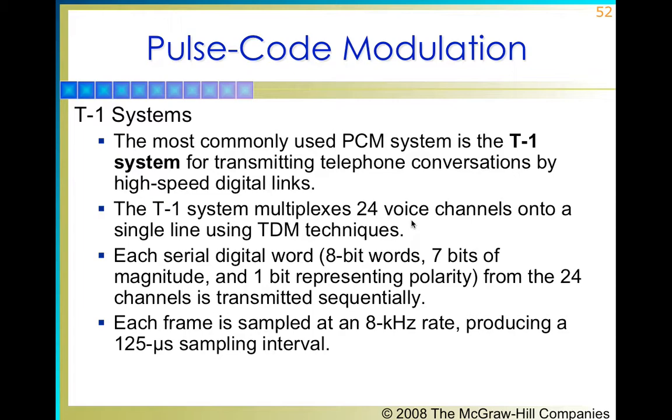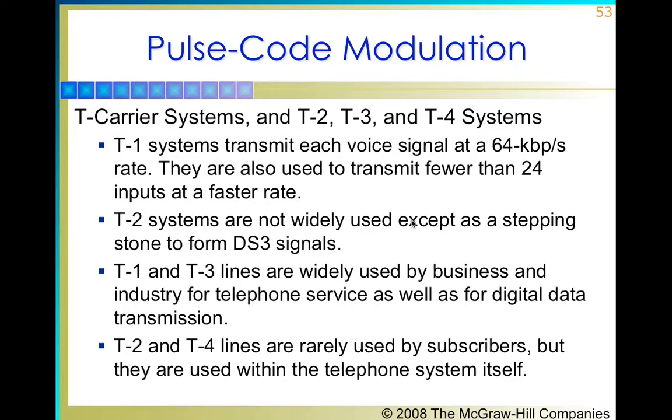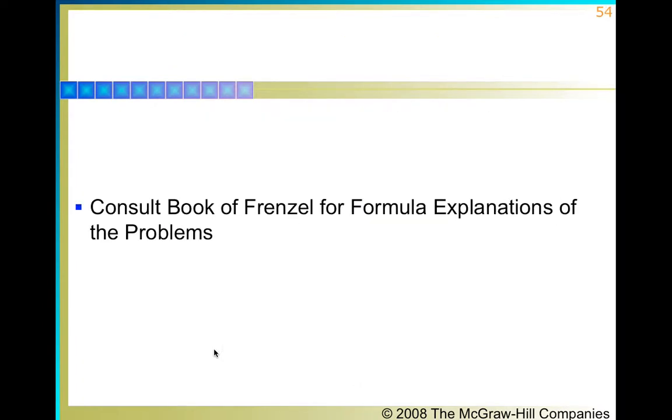It is multiplied by 24, and then the overall output of the T1 system is the 24 voice signals, and it has a higher data rate. And then we have further data rates like T2, T3, T4, which further increase the rates of the inputs to the outputs, and you can see it from the diagram in the book where further explanation will be given. So till here we have completed our topics, and now we will be focusing on the numericals of this chapter.